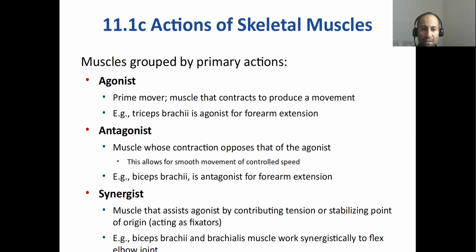They work in pairs. Synergist is a smaller muscle usually that helps the agonist do its job. For example, when you flex your forearm again, the prime mover here is basically your biceps brachii, right? But the brachialis muscle also works along with the biceps to help you accomplish this forearm flexion. So therefore,